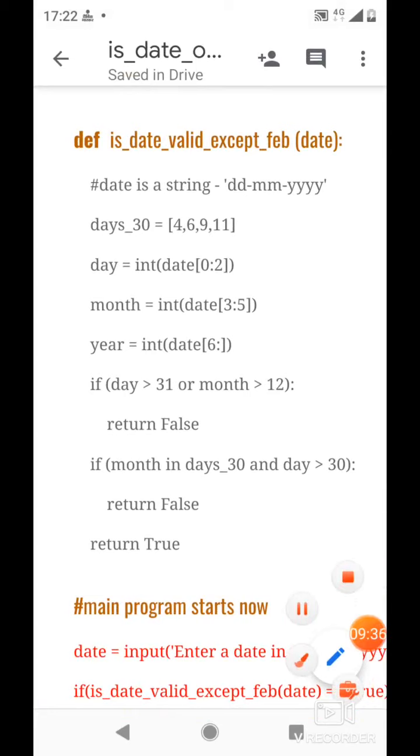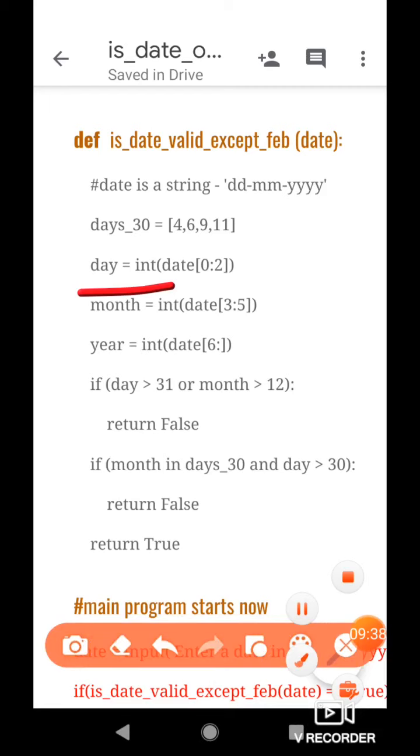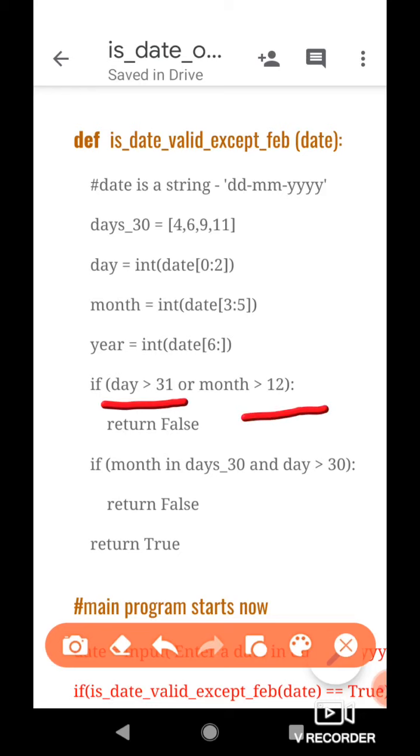Now what this function does is extract the day, month and year, as we have explained already. Next, it first checks whether the day part is more than 31. If the day happens to be greater than 31, then clearly this is an invalid date, because no date can be greater than 31. Similarly, it also checks whether the month is greater than 12, because we know there can be only 12 months, January to December, in a year.